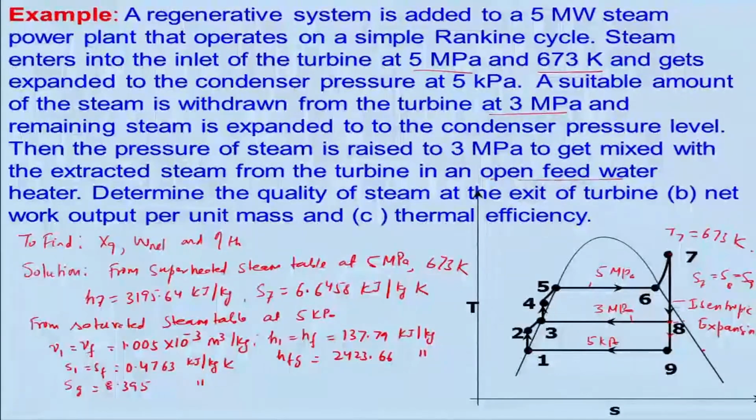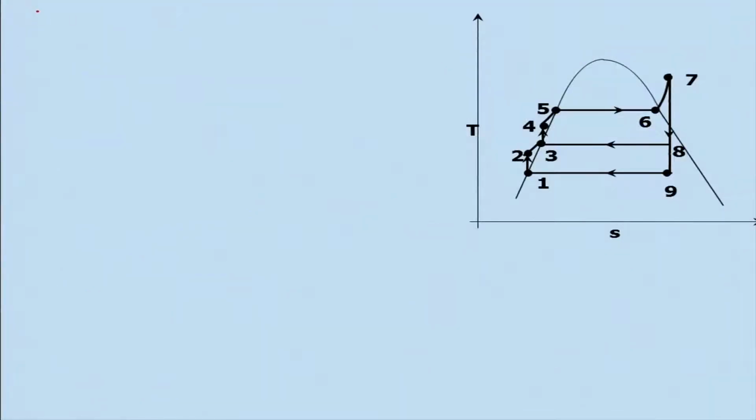Now, similarly we can also get the other data corresponding to 3 megapascal. So, let me write down at 3 megapascals, from the saturated steam table, I can get these values: Vf is equal to 1.115 into 10 power minus 3 meter cube per kg,